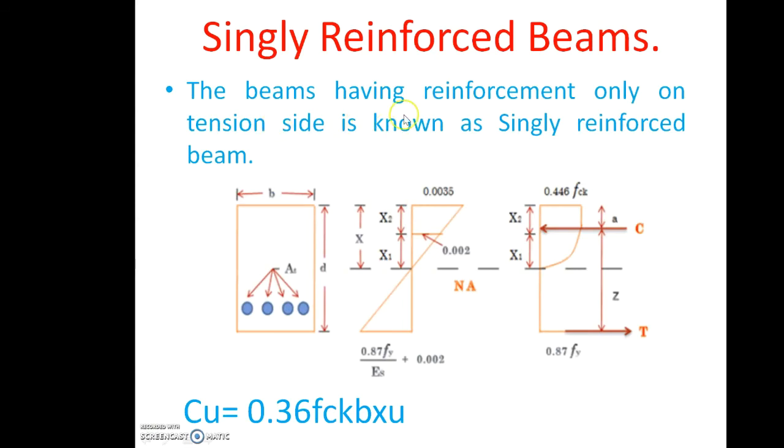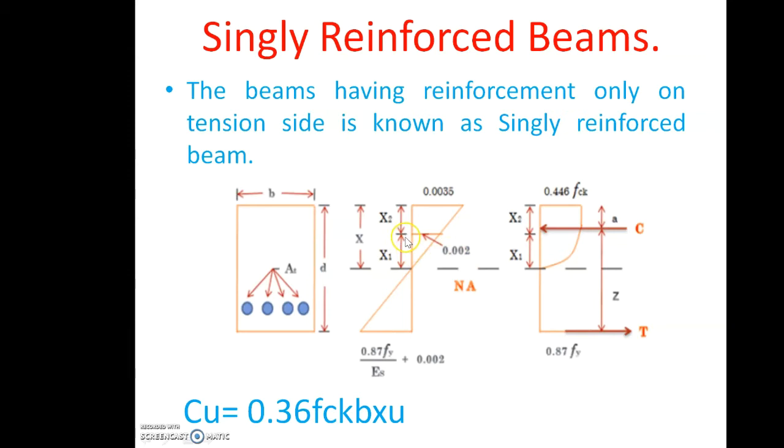Singly reinforced beam, the beam having reinforcement only on the tension side, is known as a singly reinforced beam. This is the cross section of that particular beam, which has width b and capital D. Capital D is the total depth of the beam, and from the center of the steel to the top of the beam, that is small d, the effective depth. And this is the tension reinforcement, that is Ast, and this is the strain value. In this case, the strain in the steel is